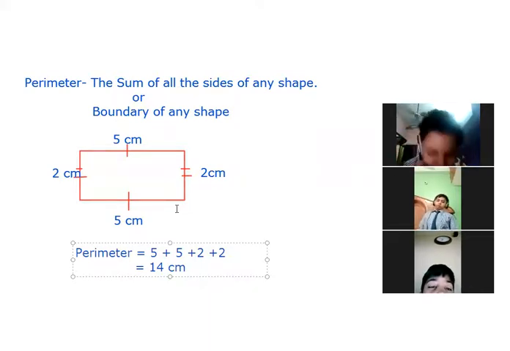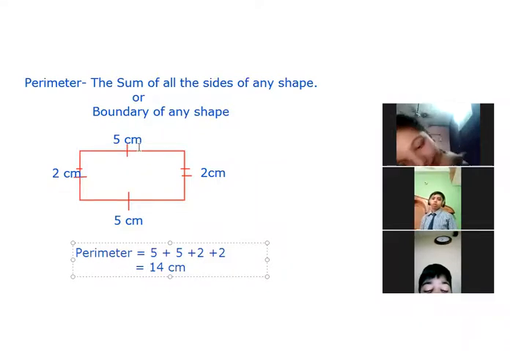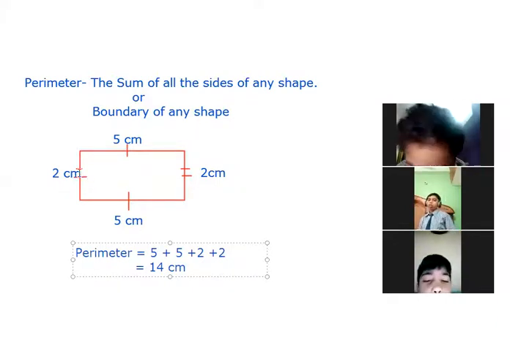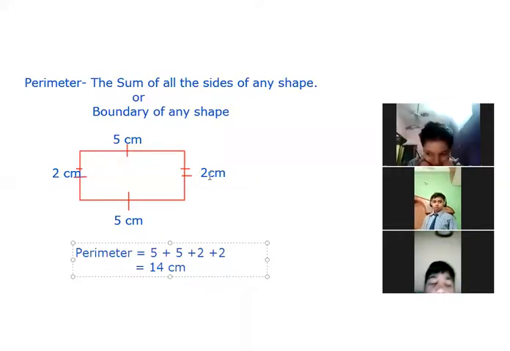Okay ma'am. Okay. So suppose in this particular example, we know that this is a rectangle. So only one side will be given. So it is understood that the opposite side will definitely be equal. Yes or no? Yes ma'am. And similarly, suppose this 2 centimeter is given, so we are again going to understand that the opposite side will definitely be 2 centimeter. Okay.